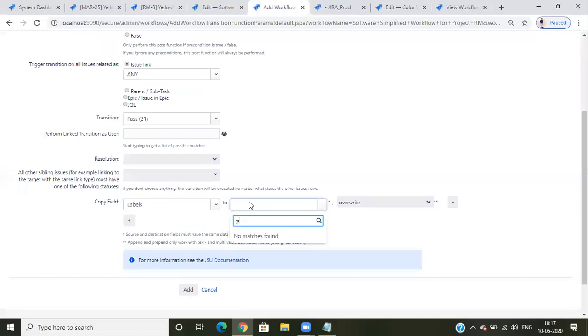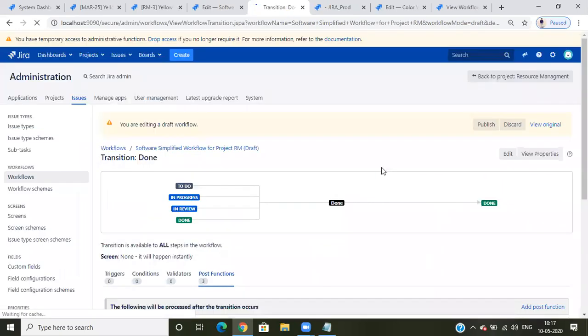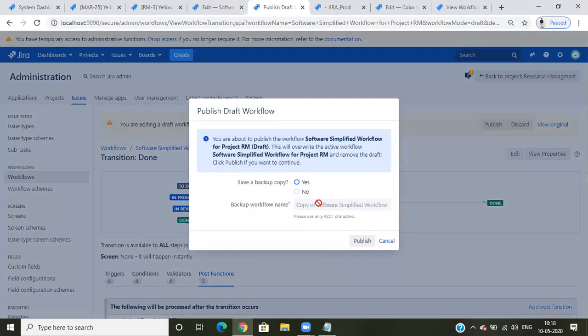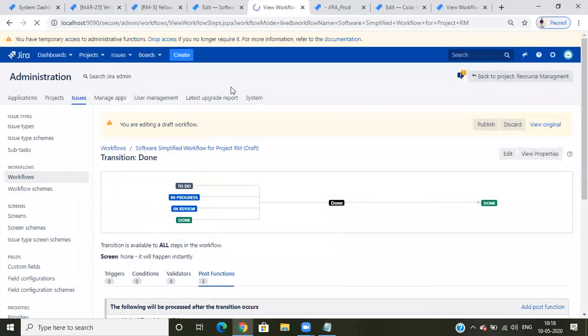This is like an automation type. Okay, so I'm just adding. So the requirement is like trigger a transition, any ticket transition to pass, copy few labels to label. So what happened now? Publish it.